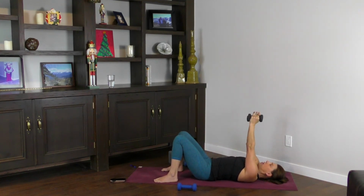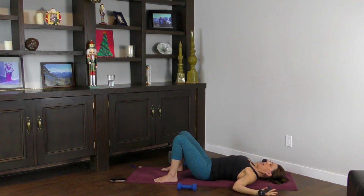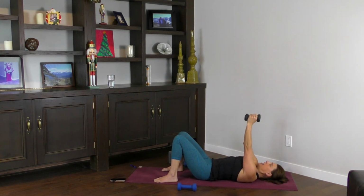Last bit of work for the arms. You're gonna bring it out to that cactus and straight up. Cactus, straight up. 8, work the chest. 7, 6, 5,